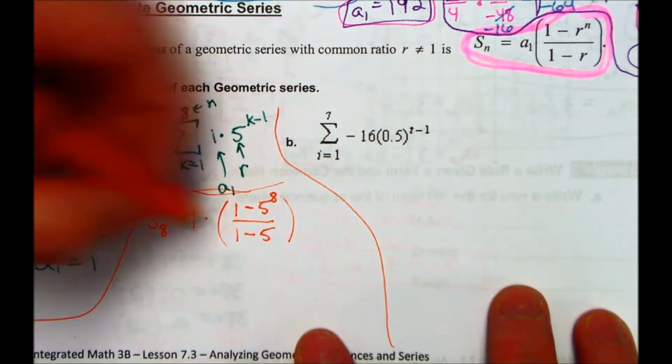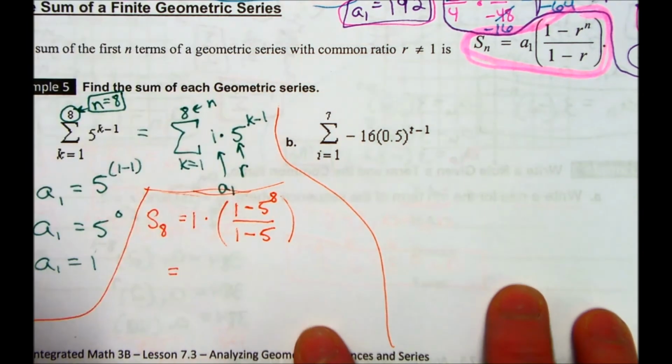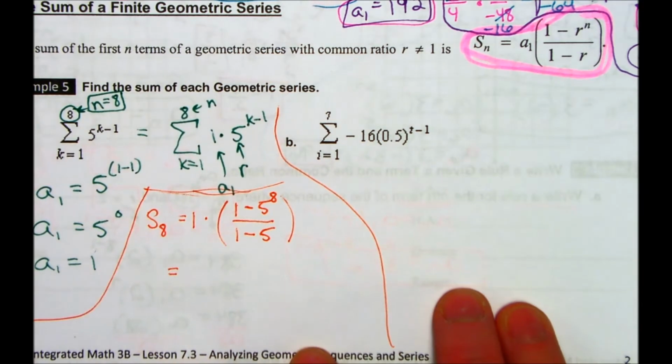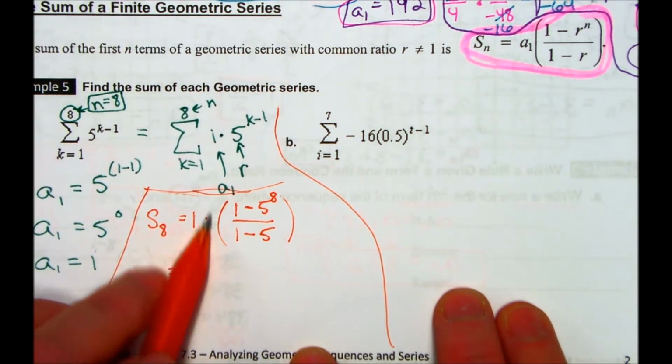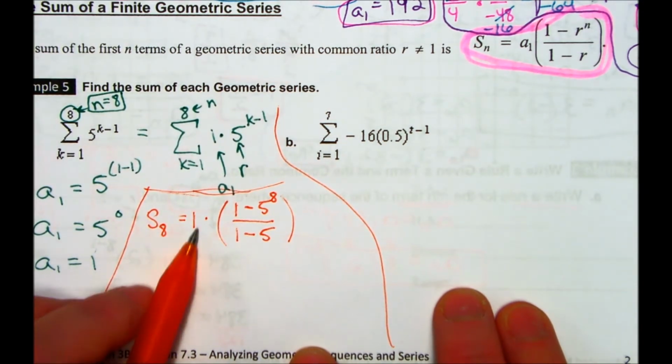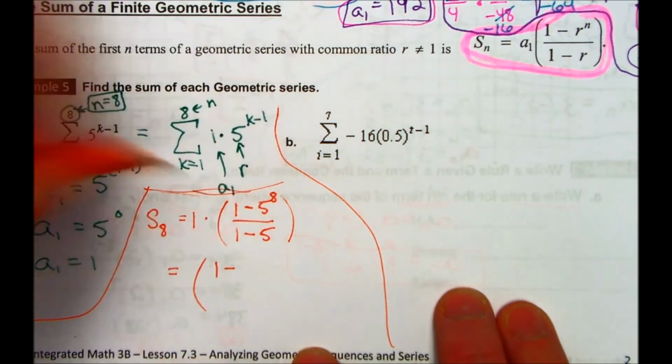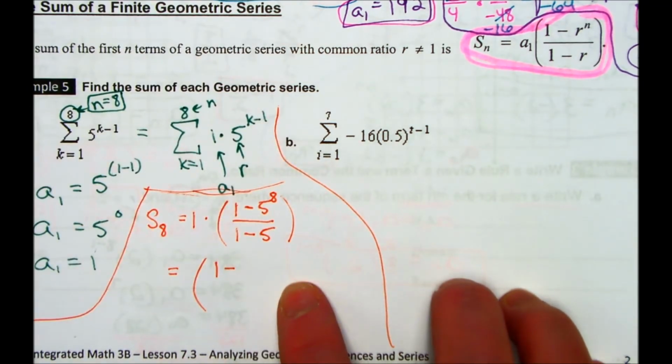Now it's a matter of simplifying this. Well, since you're taking 5 to the 8th power, I would suggest you use a calculator. Since you're multiplying by 1, we really don't need to bring down that 1. So 1 minus 5 to the 8th power